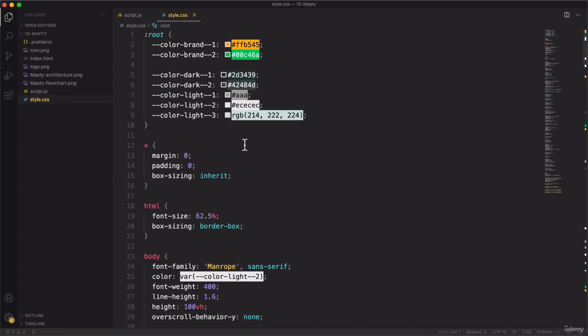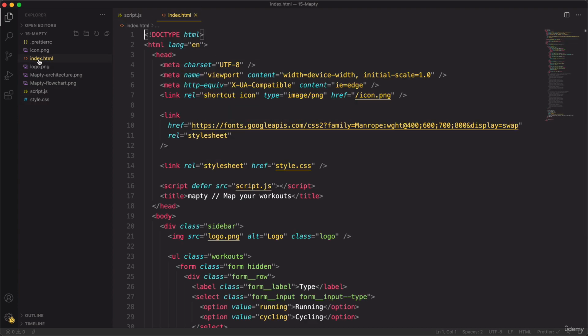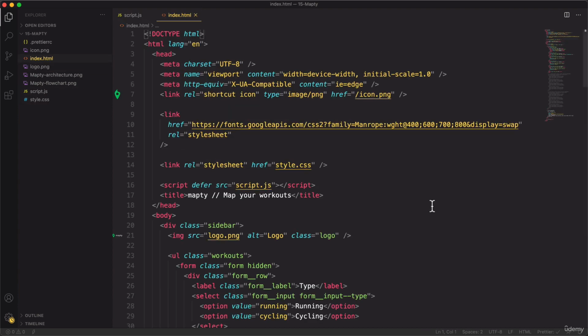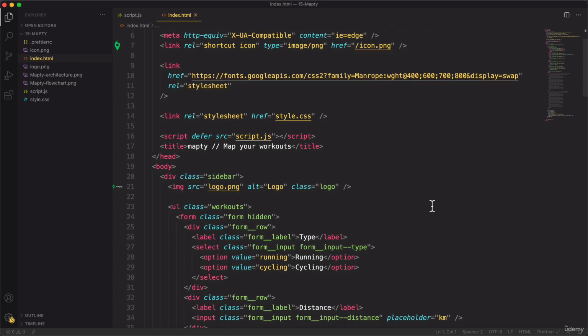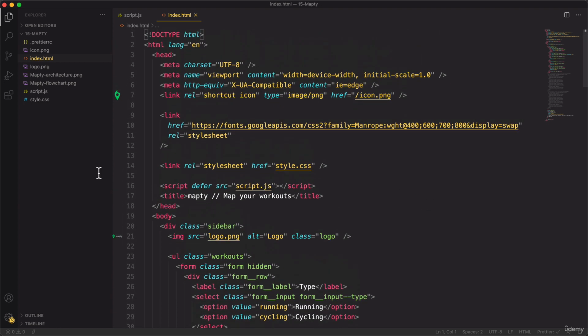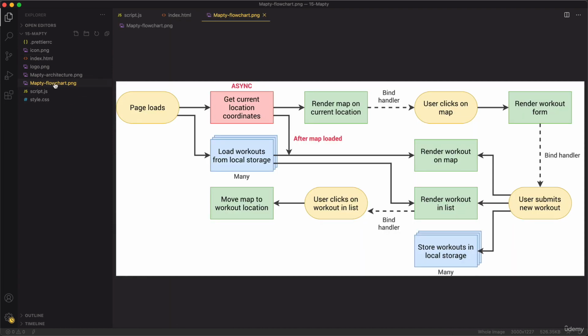Then here we have the style, and as always, you can have some fun by going through that. Then here the HTML file, which is going to be important because we will need some code from here. And then you will also see that I have this flowchart here for this application and also a diagram for